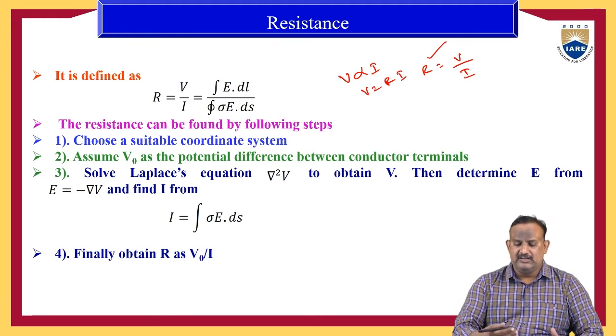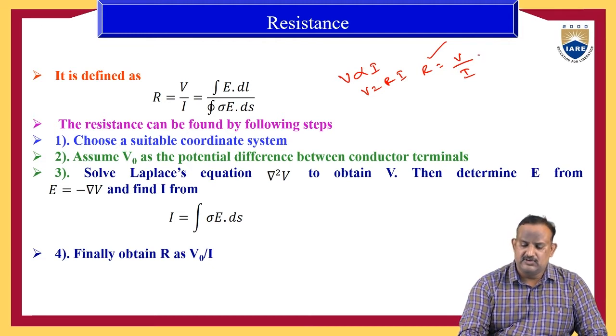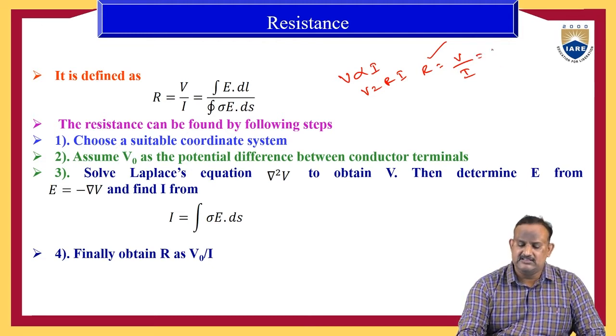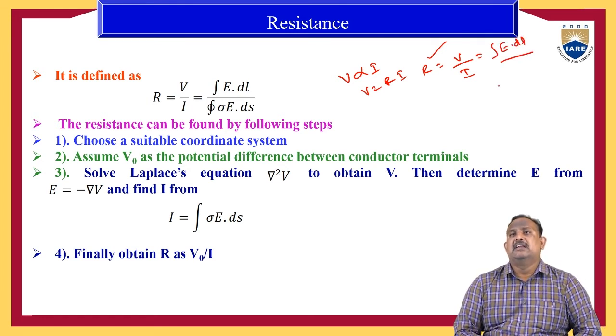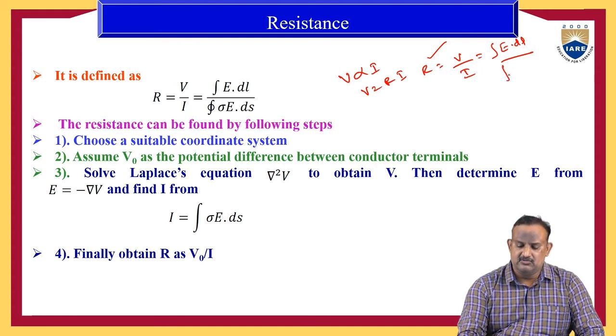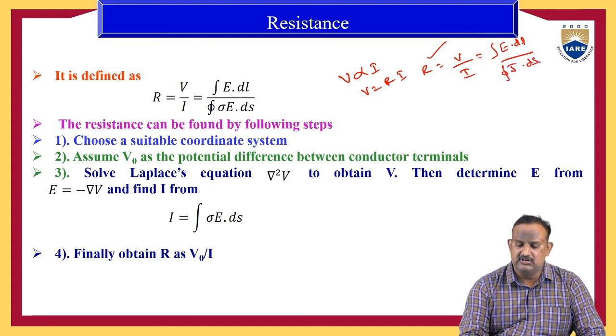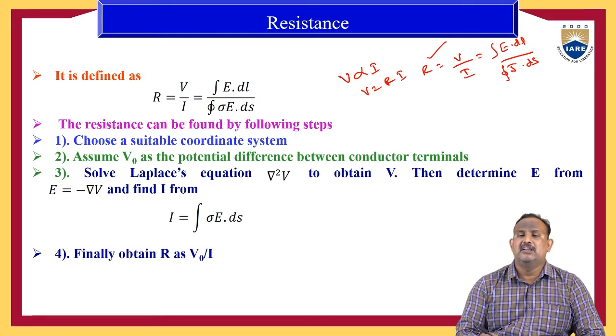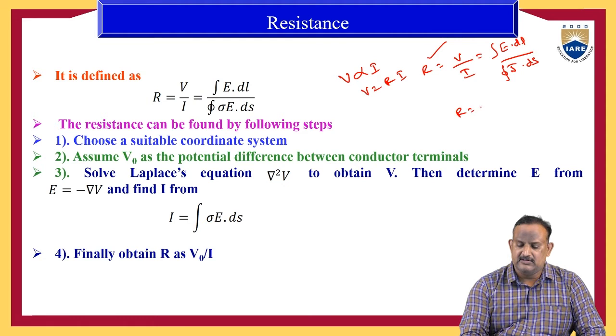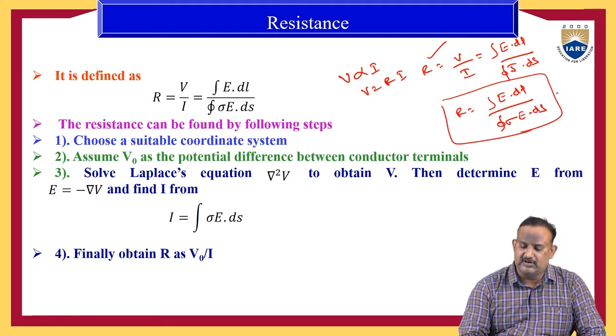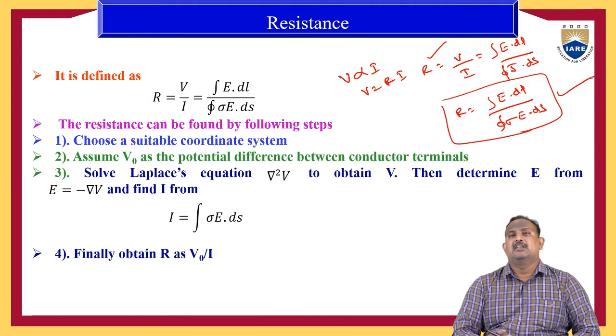Whereas coming to the EMTL, we can define the voltage and current as follows. Voltage is nothing but potential. The potential can be defined as V is equal to the integral of E into dl. And we can define the current as the integral of current density J into ds. According to the point form of Ohm's law, J is equal to sigma E. So R is equal to the integral of E into dl by the surface integral of sigma E into ds, substituting sigma E in place of J. This is the formula to find the resistance of a particular circuit diagram.